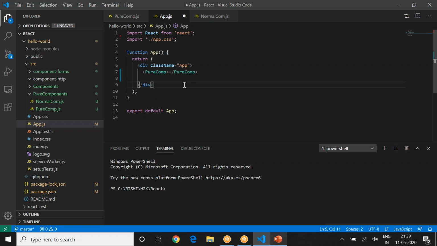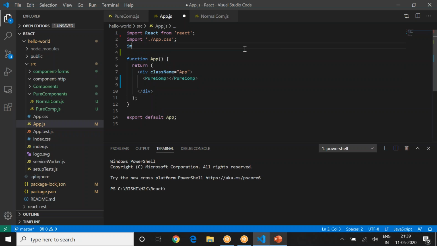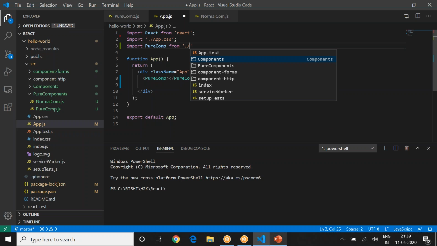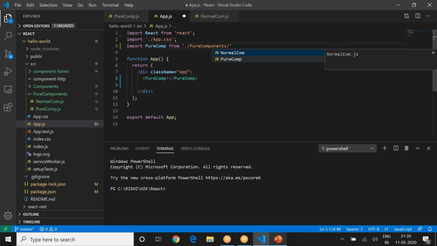Import pure comp from pure components slash pure comp. Got it? This is where it's coming from, and we have that here in class.